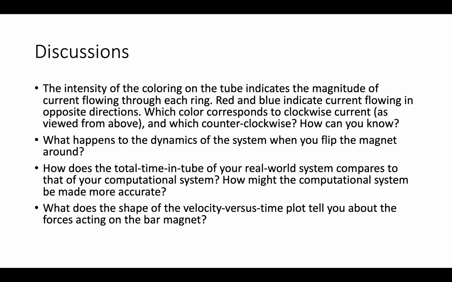So compared to my real system, as you saw in the beginning, it's a really large difference. I had the magnet not being able to fall through the middle of the tube, straight down. It might be slanted, and there is friction induced by the cardboard. It's really different. Maybe the computational system can be made to include friction with rubbing on the wall, but that